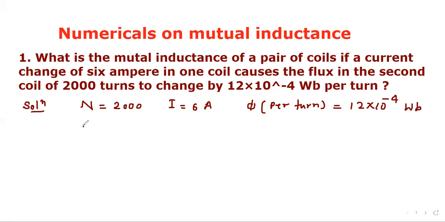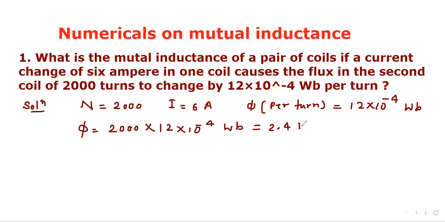And we can find total flux. So total flux will be equal to flux per turn times number of turns. So 2000 times 12 into 10 power minus 4 Weber. That will be